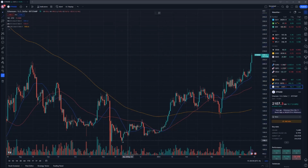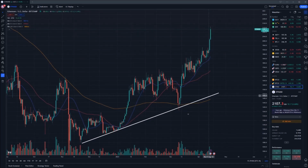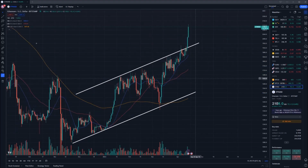So I'm going to take the lower point there, move things in a bit of an upwards direction, and for me that is really the baseline immediately right there for ETH, so you can see a nice little trend moving in an upwards direction. But what I really think is important is the fact that the top end of this trend, as you can see here, has been broken out of. So we were already trending upwards, and just yesterday we saw a big break and close above that key point